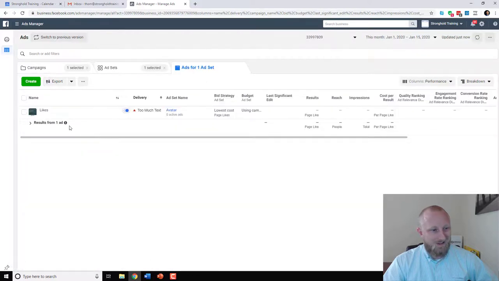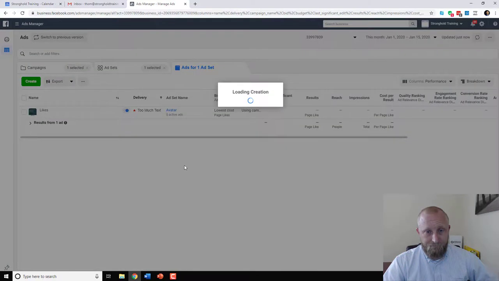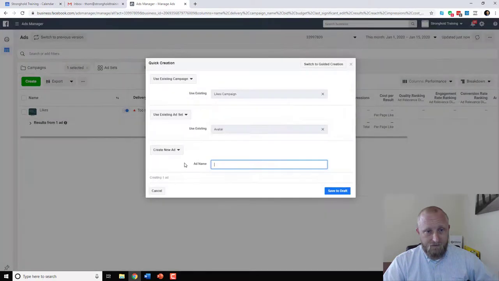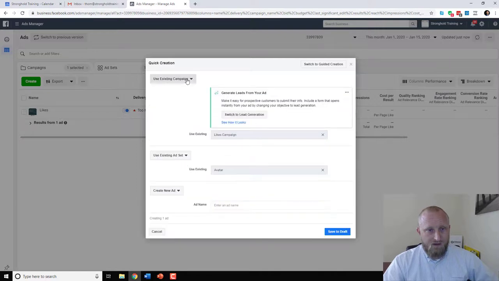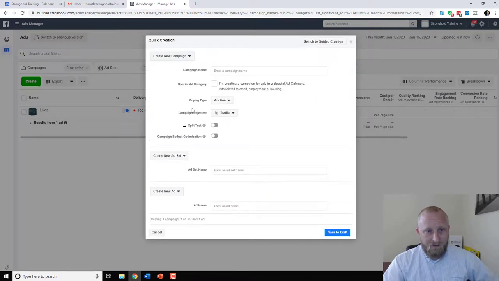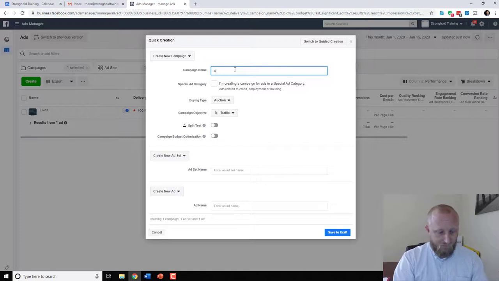I was going to use this as an example. So I created a likes campaign. So when you create a campaign, you're going to decide who your target audience is. I'll just create one. It's probably going to take a second. So I can create a new campaign here, name it sample.